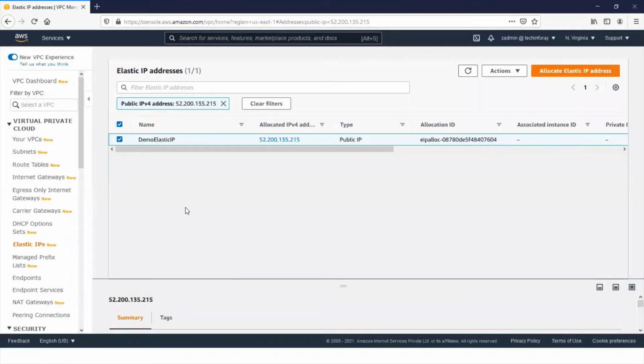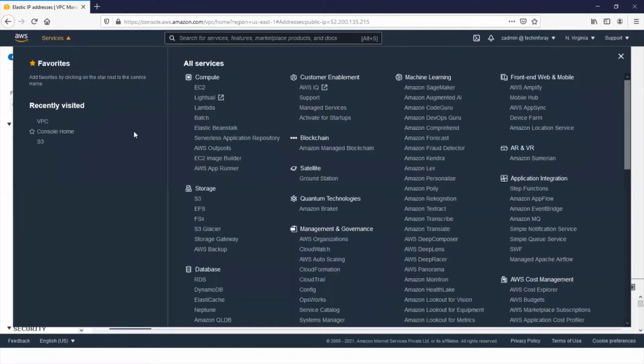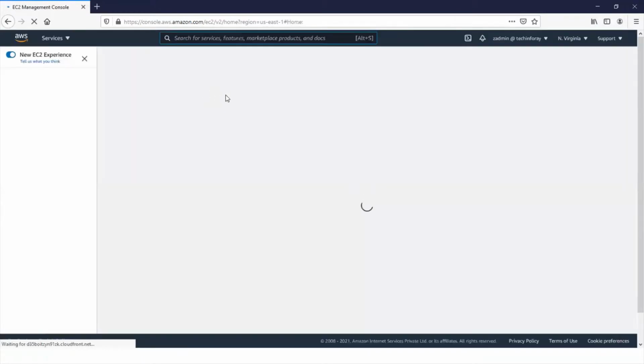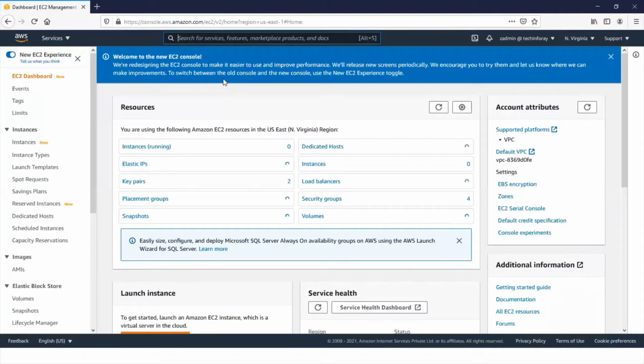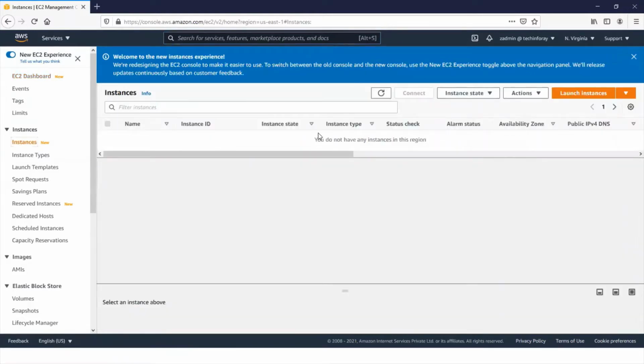So coming back to our AWS console. So let's go to EC2 instances. So coming to compute and then EC2 instances, where we can create our Windows and Linux instances. So here you can see we have different options, instance types. So I'll go through these. So coming to instance, let's create one instance of this.